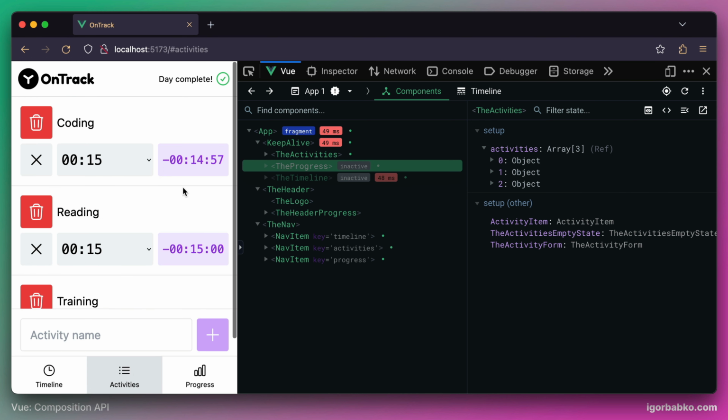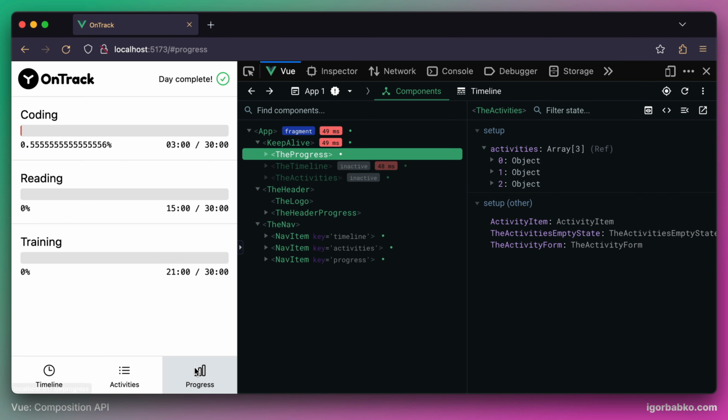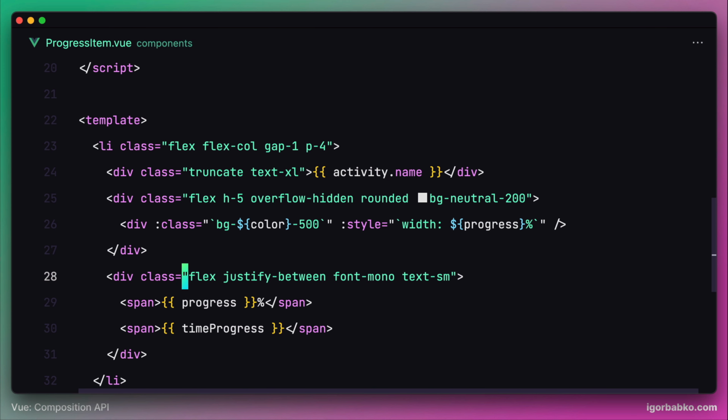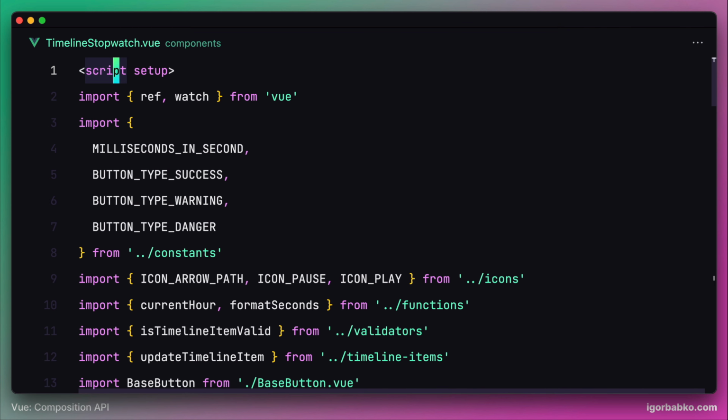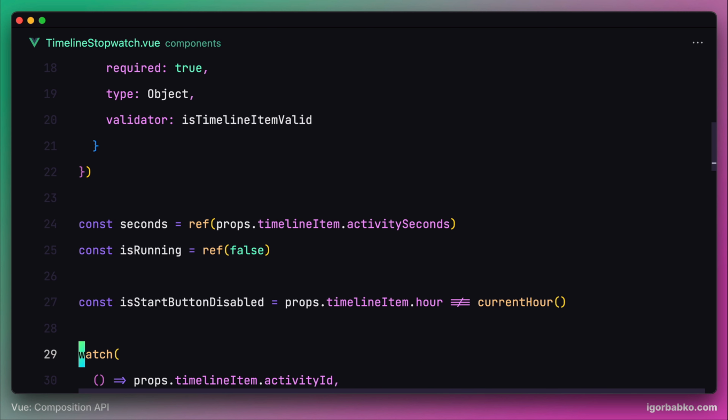And this time we're supposed to see that the percentage value will be slowly increasing. And this is happening every second. But of course we don't have time to wait until this scale will be fully filled, because it will take around 15 minutes. So what I'm gonna do to speed up this process is actually go inside timeline stopwatch component,